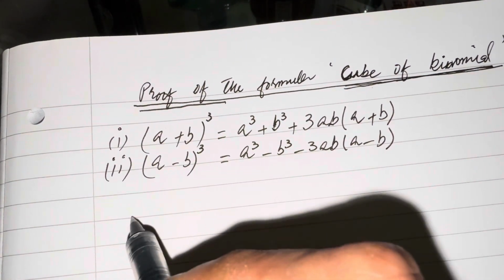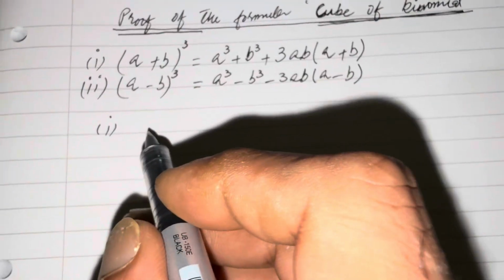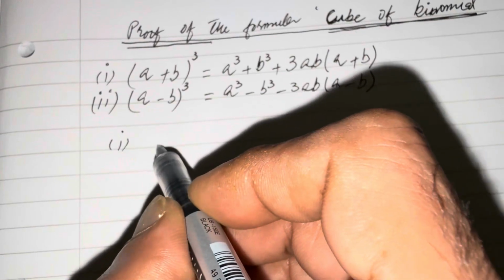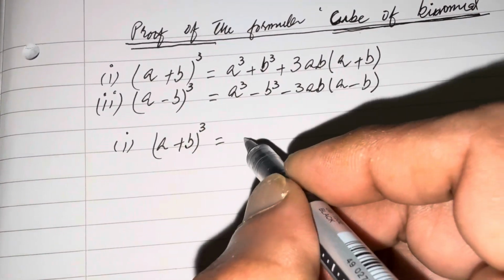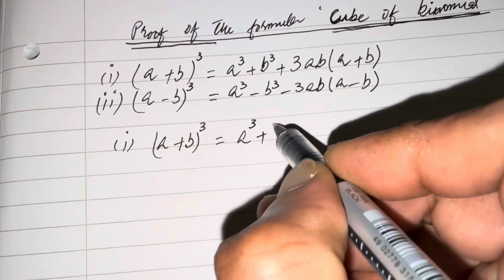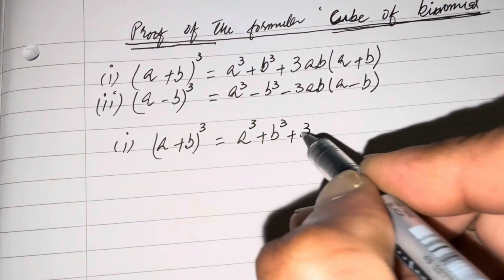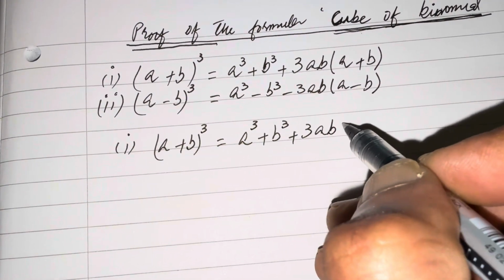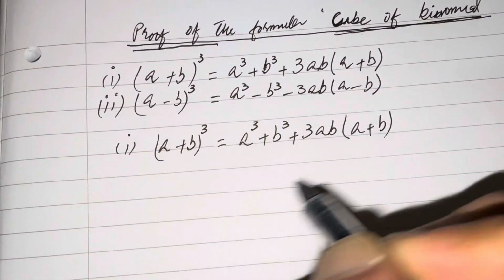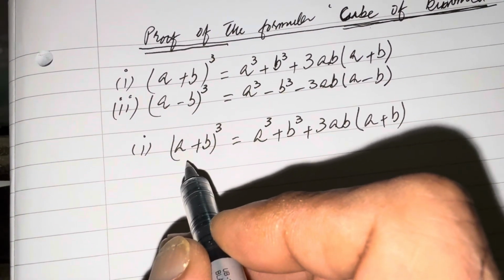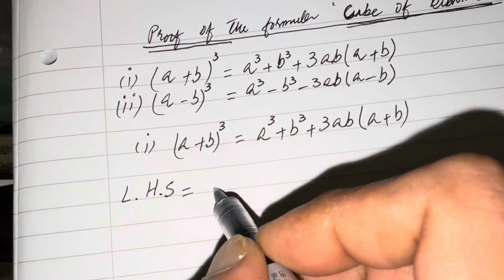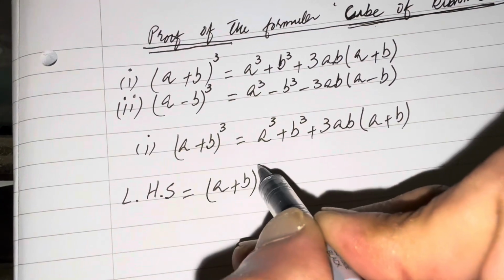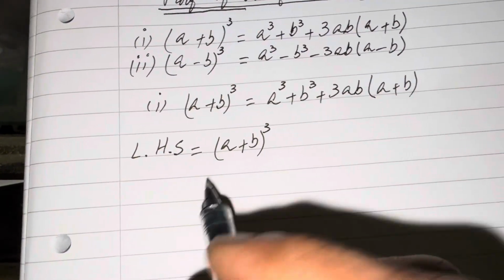So if we take the first one, so first one is a plus b whole cube is equal to a cube plus b cube plus 3 into a into b into a plus b. So take the left hand side, left hand side is equal to a plus b whole cube. So how can we simplify this